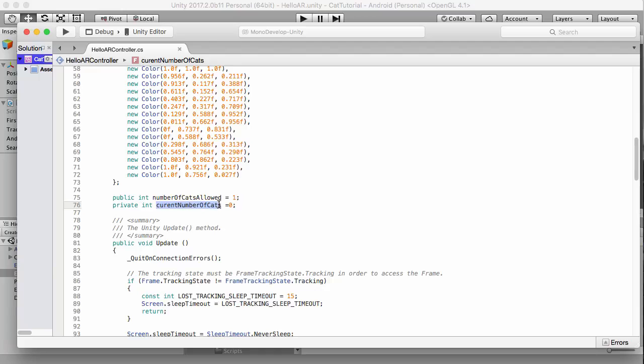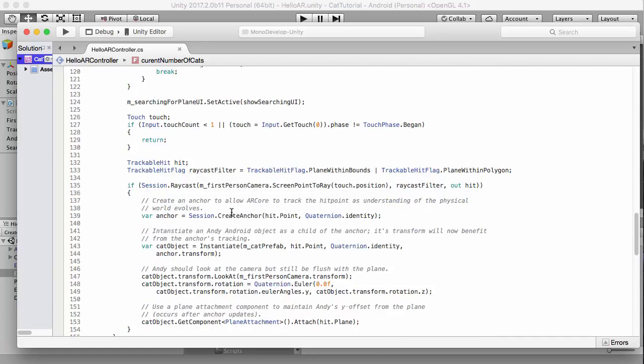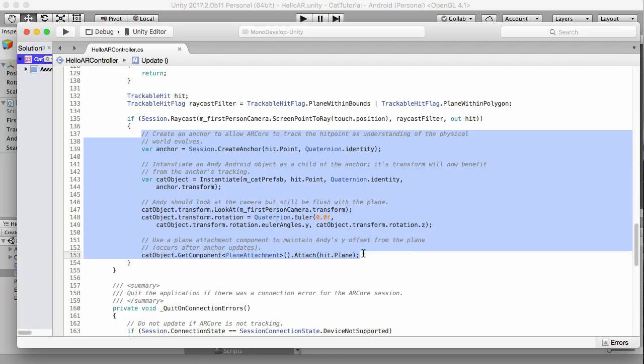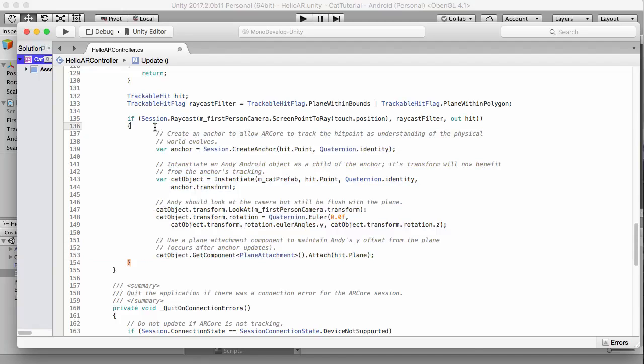So let's take that and let's have a look over here. So the raycast is created here. So what we could do is all of this code we can wrap in another